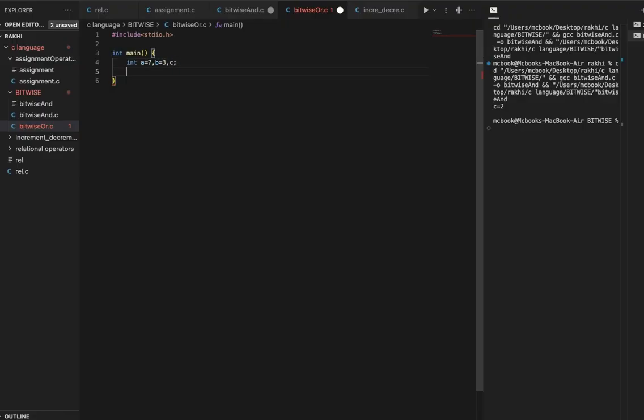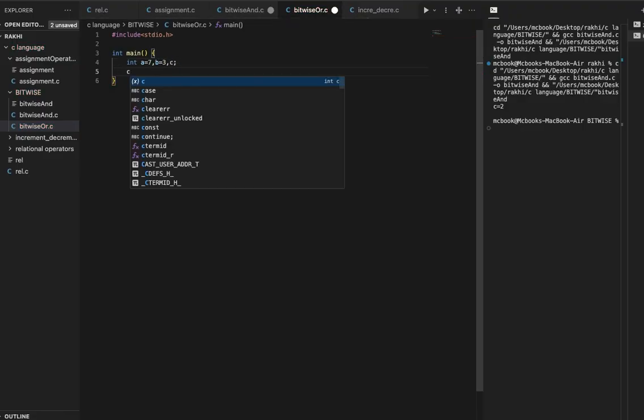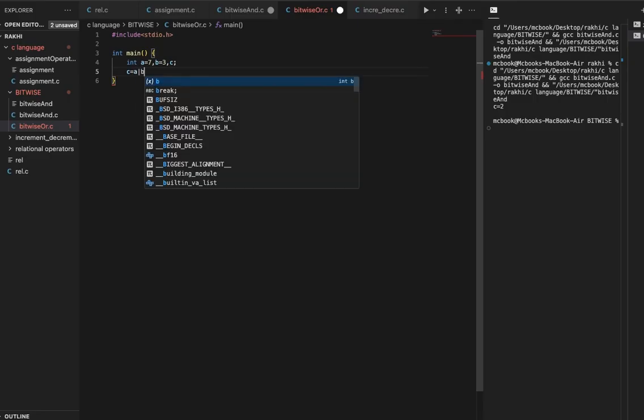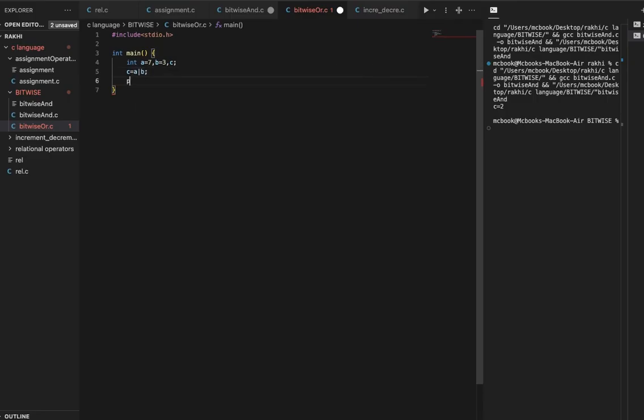The condition is true if any one input is 1. If one input is 1, the output is always 1. For 0 0, 0 1, 1 1, the output is always 1 except that only in one condition, if the inputs are 0 0, then the output is always 0.